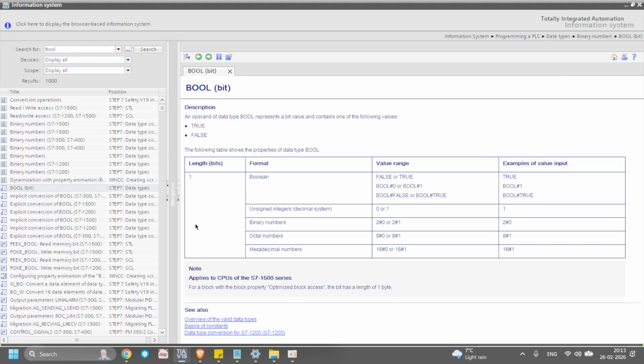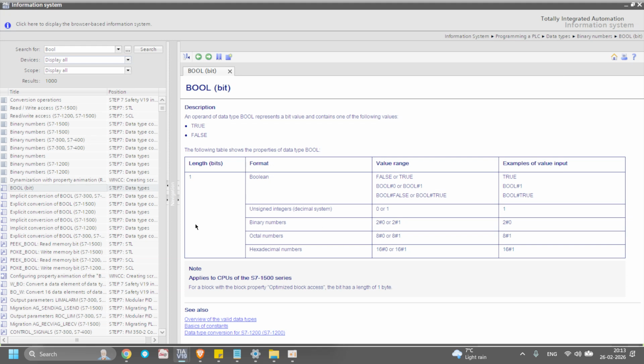What is a signal? In electrical terms, to give you a right example, if you are using a push button and you push the push button, we get the 1. If you remove your hand, then it becomes 0. So it's a boolean. This input is called a boolean input, and it is called a bit. If you push it, then the signal will be 1. If you remove it, it will be 0.